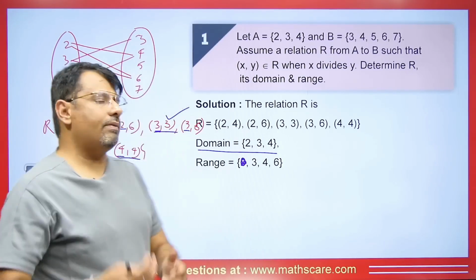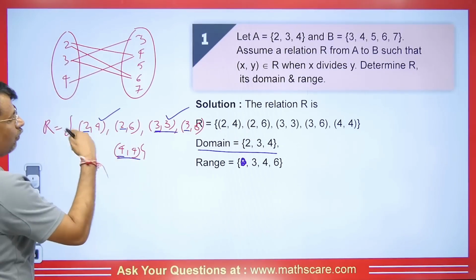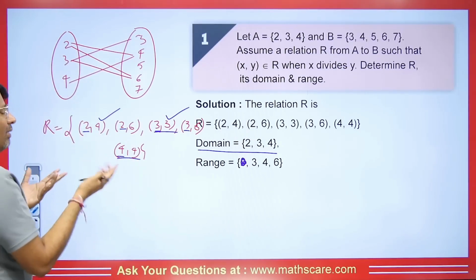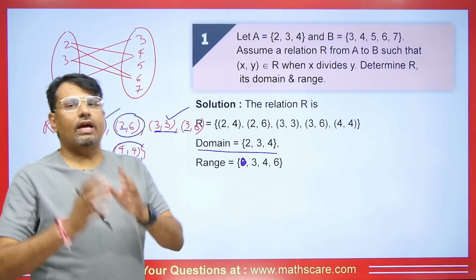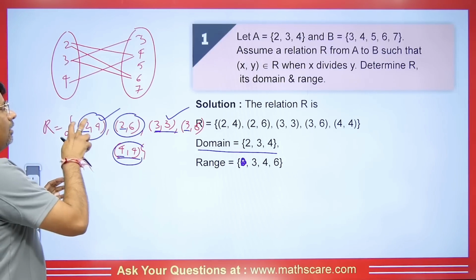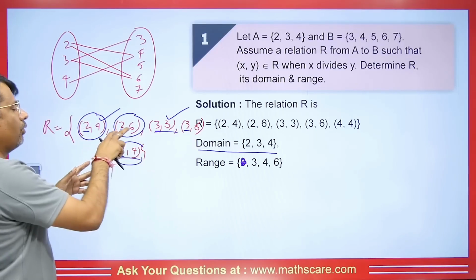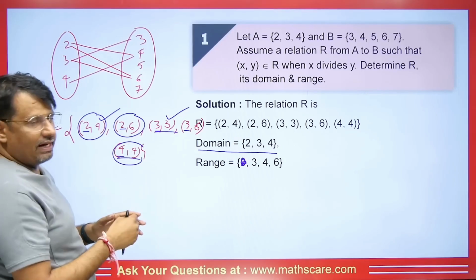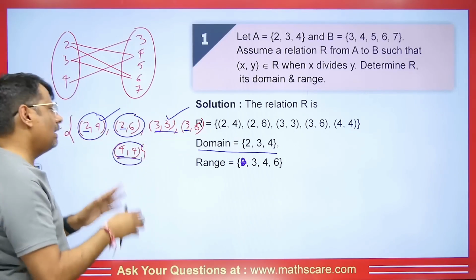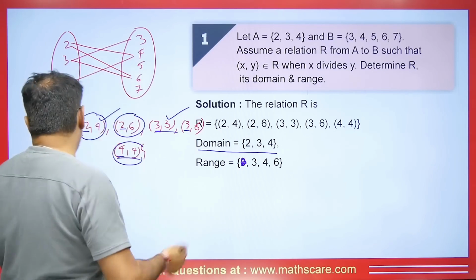Now we need to find if this is symmetric or not. For symmetric, if we have (2, 4), then (4, 2) should be there as well. But (4, 2) is not there. So this is not symmetric here. Now let's check transitive. Okay, students. Because here we have (2, 4), so (2, 4) is also coming. (3, 6) is here, so (3, 6) is coming. Now you will say (2, 6) is here, but it should be (6, 2), right? If it is (2, 6) and (6, 2), then we will see if (2, 2) should come. But it is not, so we don't need to look. Clear? Now we move on.